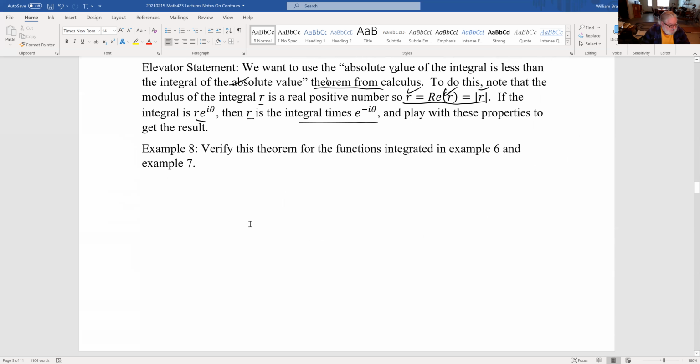Okay, so in examples 6 and 7 were the actual things involved. So we had integrals of,